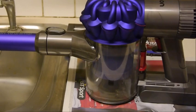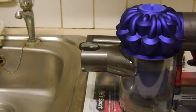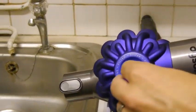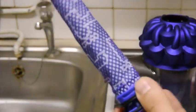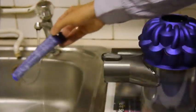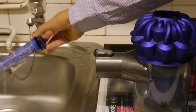Hi, this is a video to show you how to clean the Dyson V6, and it's the same whether it's the V6 Animal, the Fluffy, Total Clean, the Absolute, or even the normal V6. So let's get going. First of all, what you'll need to do is obviously take it apart. So take the wand off, and we'll put that to the side for the moment. So the next thing to show you is the filter, which is actually located on the top here. If you just pull that out, and basically this is washable, so if you just rinse it under warm water,